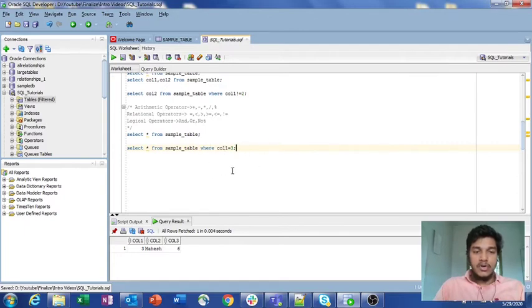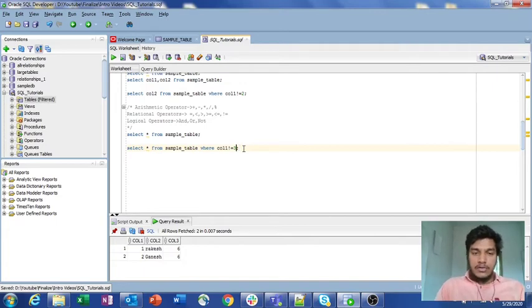Suppose you have multiple records matching, then you will get multiple records in the output as well. And suppose you specify not equal to here, column 1 is not equal to 3, that means except the record with column 1 value 3, it will retrieve all the records. So I am running it. We have 1 to 3 in the main table, but here we specified column 1 is not equal to 3, so in the output the column 1 value is not equal to 3. That is how it will print.